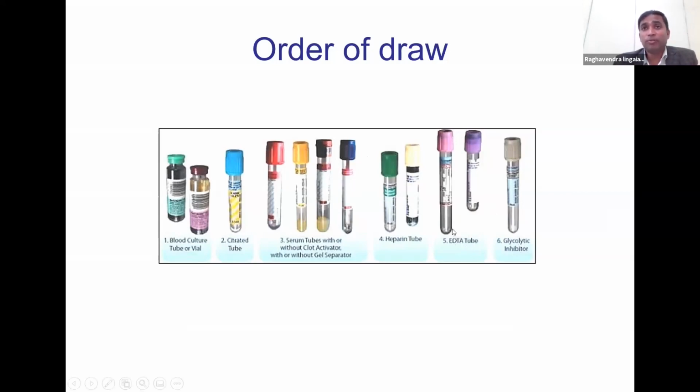What happens, sir, if I take blood in the EDTA tube first and then in the plain tube? EDTA, as I told you, is a very strong chelator, and even a small amount of that salt gets into the needle and is then carried into a serum tube. This will chelate the calcium ions as well as magnesium ions in the blood. And this EDTA is actually a dipotassium salt, so the potassium will go high in the samples. So you will have a spuriously high potassium, low calcium, and low or undetectable alkaline phosphatase if the EDTA sample is drawn first before the serum sample.